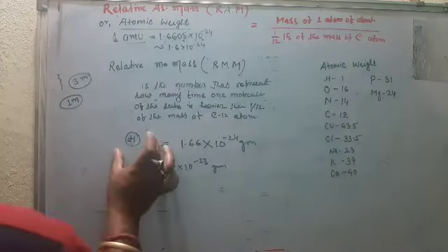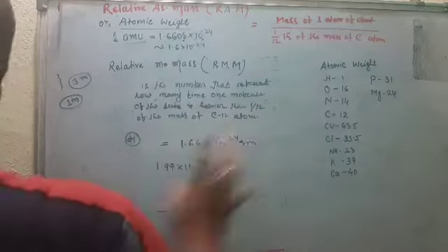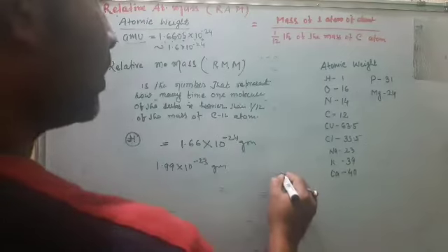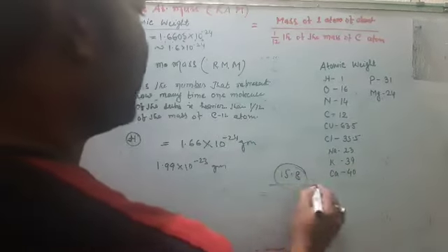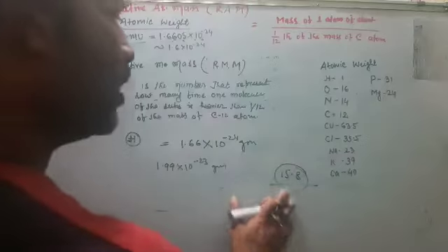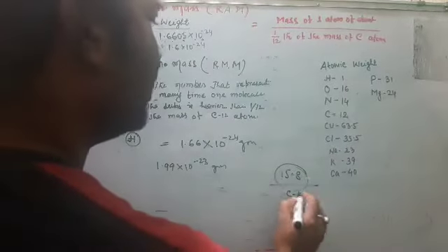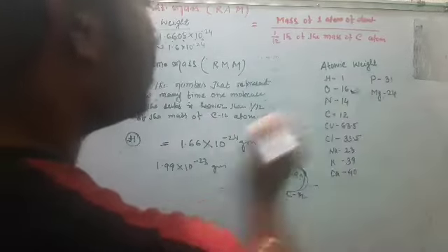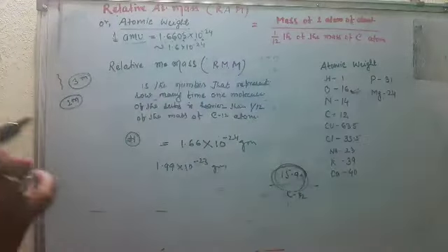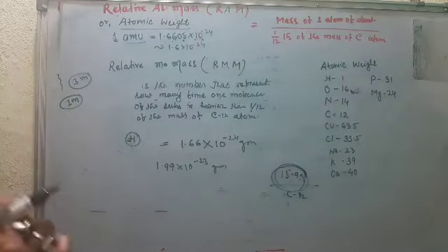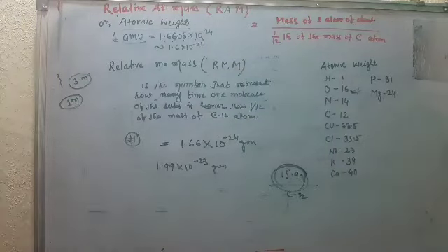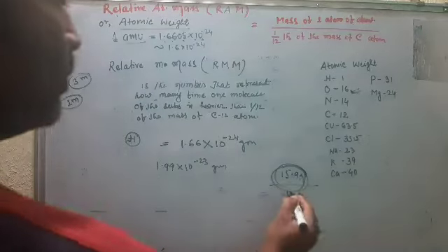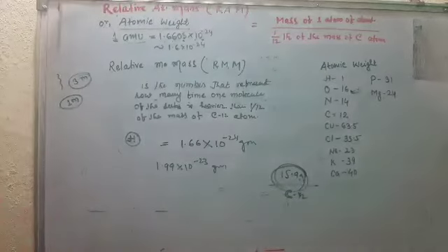If I compare with hydrogen, there is a difference. Suppose I take oxygen, so oxygen is 15.8 something if I compare with hydrogen. If I compare it with carbon 12 atom, then it is 15.99, so this is near about 16. So that means it least affects the values of atomic mass of the various elements. That's why they use carbon 12 atom.